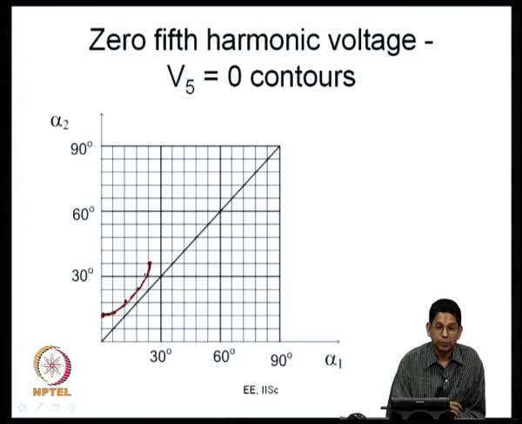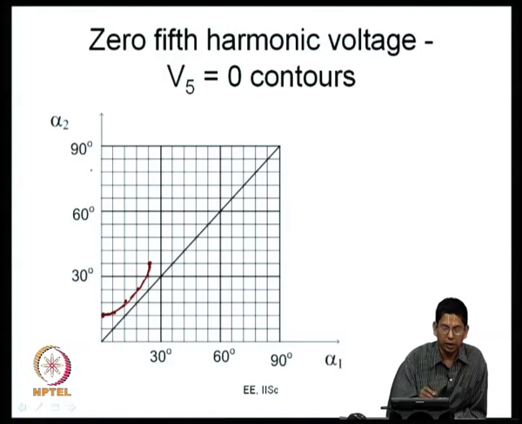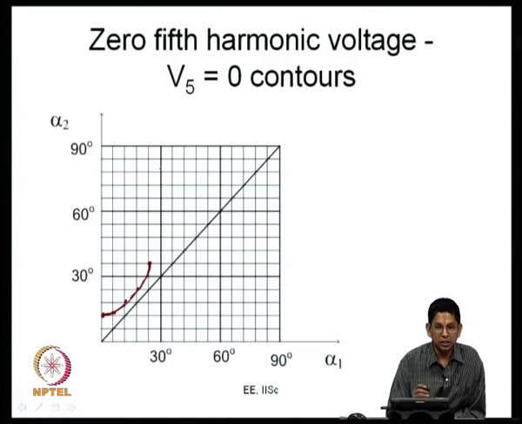And many a times, whenever I ask students to plot this V phi is equal to 0 contour, the curve stops here. But is this complete? No. There are more solutions available for the equation V phi is equal to 0, more solutions within the region of our interest. What is the region of our interest? We are looking at only 0 less than or equal to alpha 1, which is less than or equal to alpha 2, which is again less than or equal to 90 degrees. We are looking at this upper triangle that I show here in this figure. So, within that there are more.